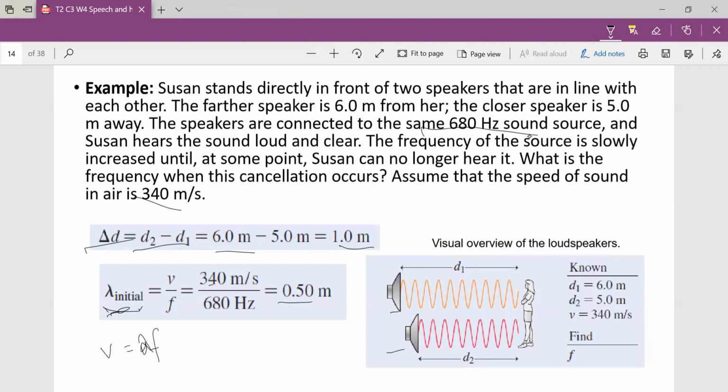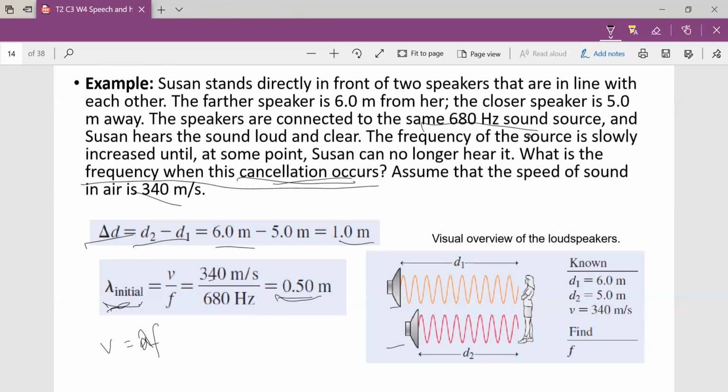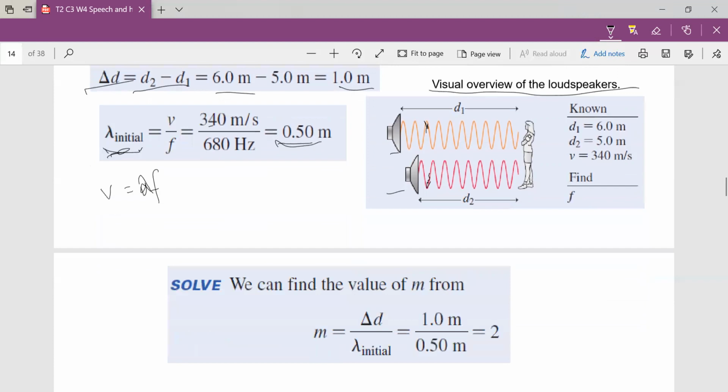Okay. So that will give us an idea, because the question is, what happens when there was a cancellation? The fraction tells you that the wavelength is actually the destructive one. So we see a kind of pictorial virtual representation of what happens. We see the crest tallying with the trough, so there'll be a cancellation. But the question is, at what frequency did this happen? And we're looking for f.